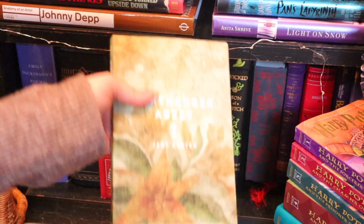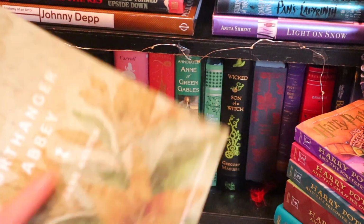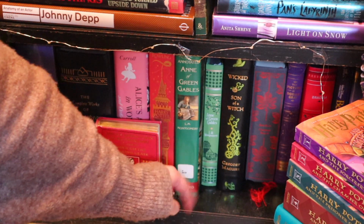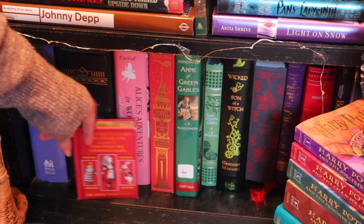and it is filled to the brim, so I can't have Northanger Abbey on this shelf, which really annoys me, but that's okay. But here I have all of the classics that I own so far. I do have 2 different versions of Anne of Green Gables, and what I love about this shelf, I think,